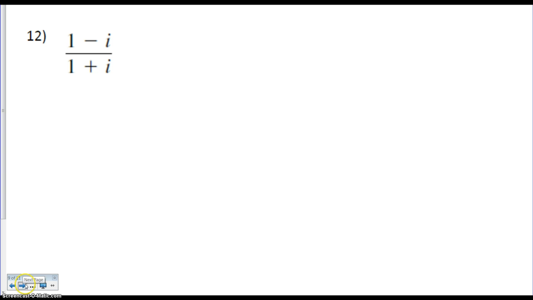So let's look at another example. So I have 1 minus i over 1 plus i. So I have 1 and i. They're going to be the same. I'm just going to take the opposite sign of plus, which is a minus. So I am going to distribute this. 1 times 1 is 1. Minus i